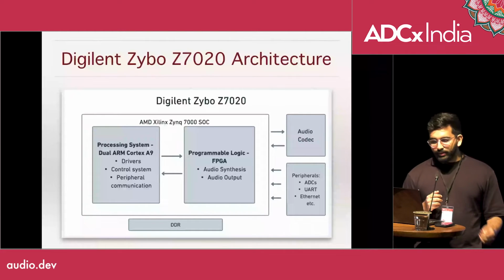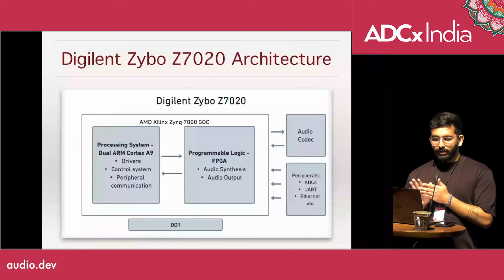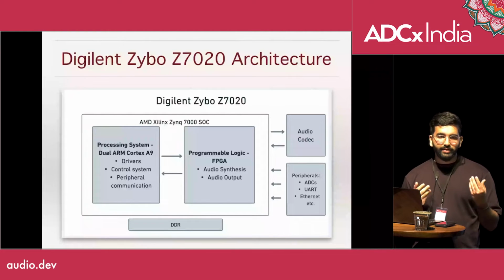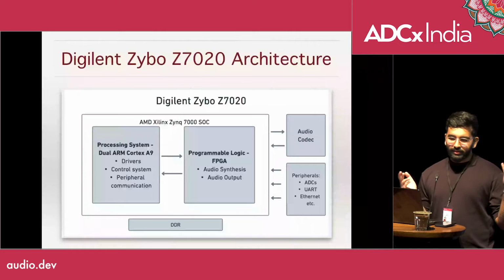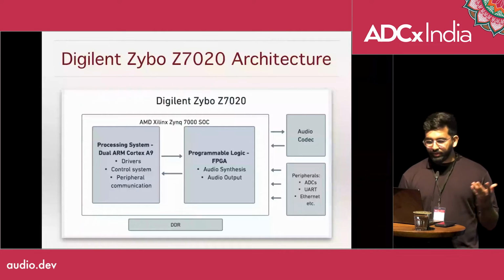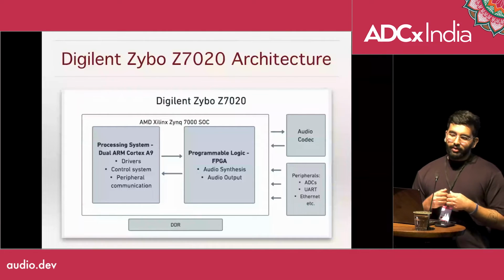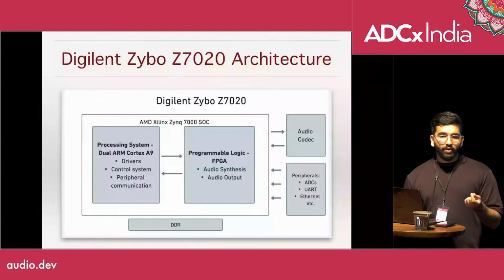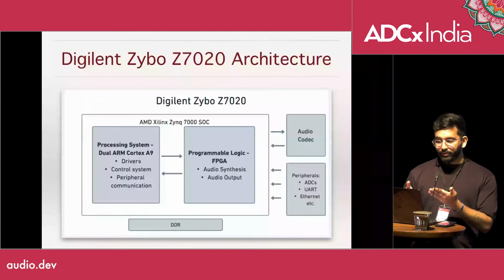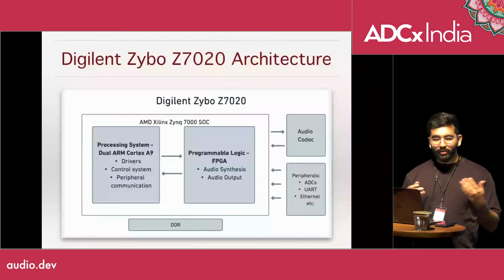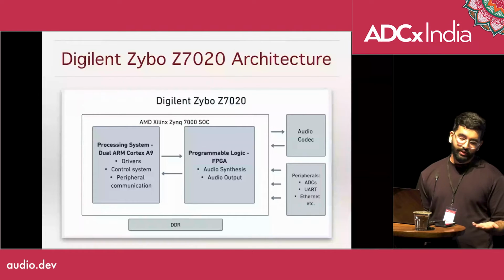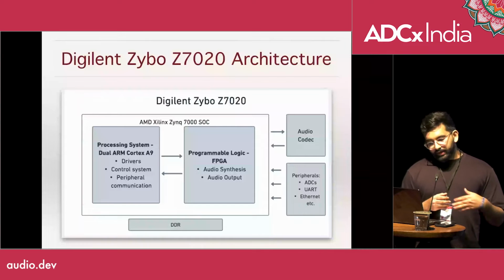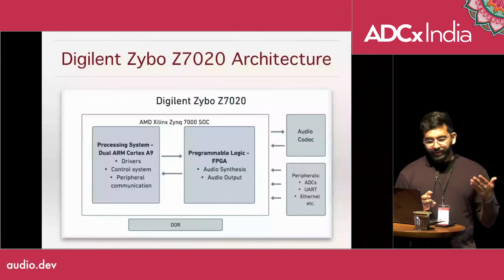So generally in the CPU, we do more things like control systems, like sending control signals, updating parameters for our synthesizers like frequency, modulation index, things like that. The CPU also initializes all the hardware, so the hardware peripherals as well as the hardware that we coded onto the FPGA. The CPU has all the drivers for all of that and enables you to configure and initialize them. And it helps with the peripheral communication as well.